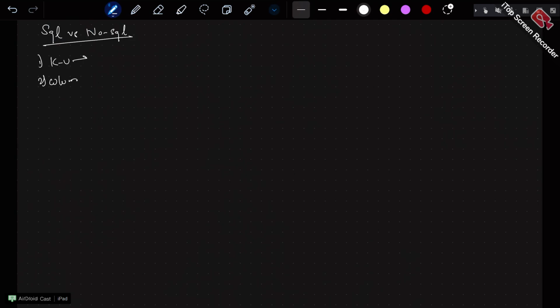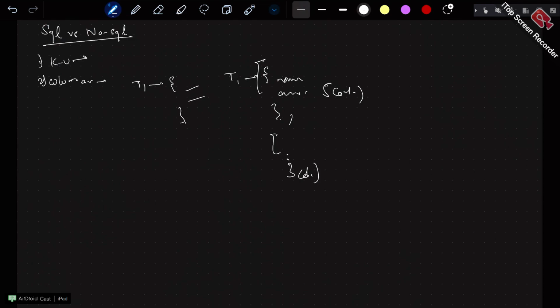Another type is the columnar database. I'm not sure how the data is stored internally, but the data is stored in tables, rows, and dynamic columns, and each row does not have the same schema. That means table T1 can have different schemas across rows. For example, your data is name, age and all that, and in the same table I have my data, only three columns out of that, and yours has five columns, right? So that is a columnar database.